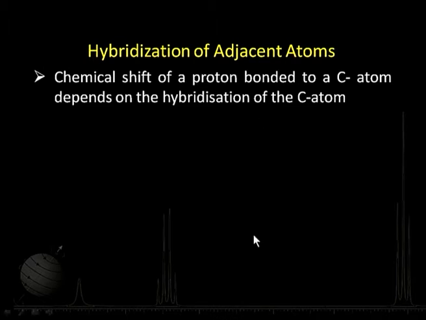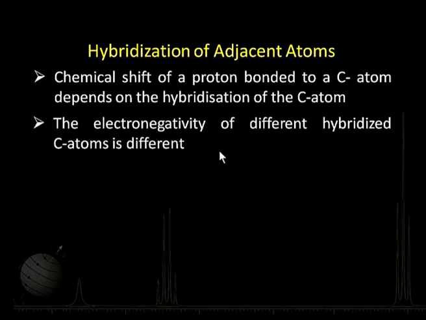That is very interesting. What we know is that the electronegativity of differently hybridized carbon atoms is different, and we know that the following trend holds: sp hybrid orbitals are more electronegative than sp2, which in turn have more electronegativity as compared to sp3. This basically is on the basis of the contribution of s orbitals in the hybrid orbital. This is 50% s, this is about 33%, and this is 25% s. Because of this difference, the electronegativity is different. The same thing gets reflected in the chemical shift positions of the protons which are attached to these carbon atoms.